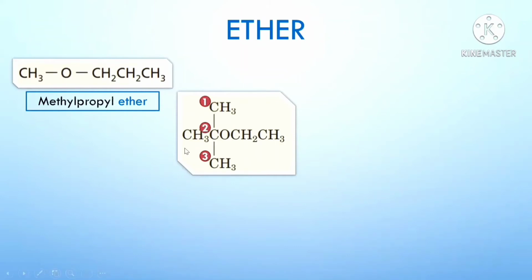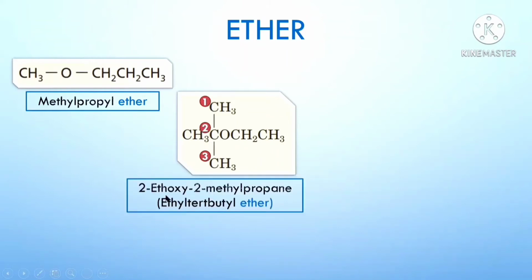Next, we have to number the parent chain. This is carbon 1, 2, and 3. We have the ethoxy group attached to carbon number 2 and a methyl group attached as a substituent. So the name would be 2-ethoxy 2-methylpropane. The common name for this is ethyl tert-butyl ether because this is ethyl on the right and this 4 carbon